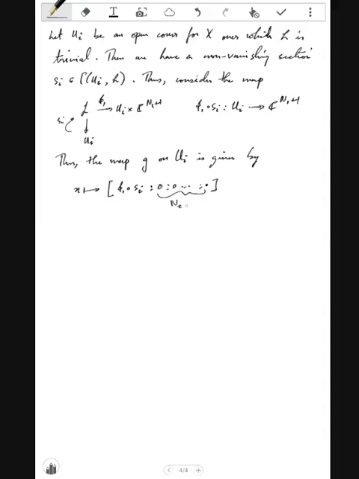And similarly, the map H on U_i is given by x goes to